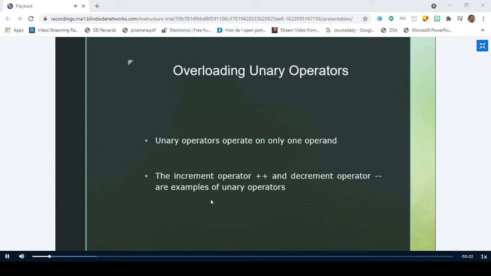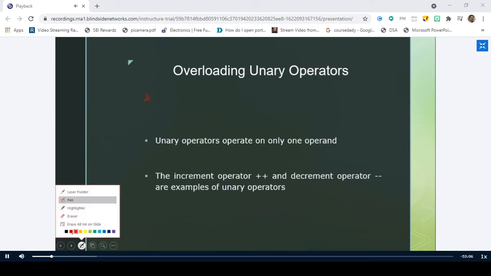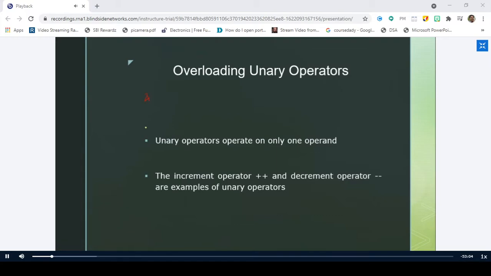So what is a unary operator? It is an operator that operates on only one operand. We have very few unary operators such as increment, decrement, and the ampersand operator. And similarly, minus and plus.